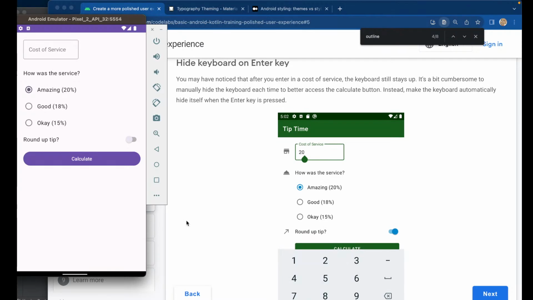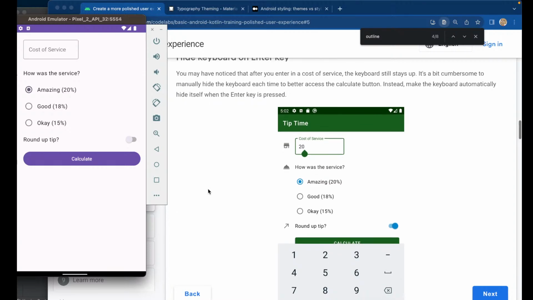Hide keyboard on enter key. You may have noticed after you enter a cost of service, the keyboard still stays up. It's a bit cumbersome to manually hide the keyboard each time to better access the calculate button. Instead, make the keyboard automatically hide itself when the